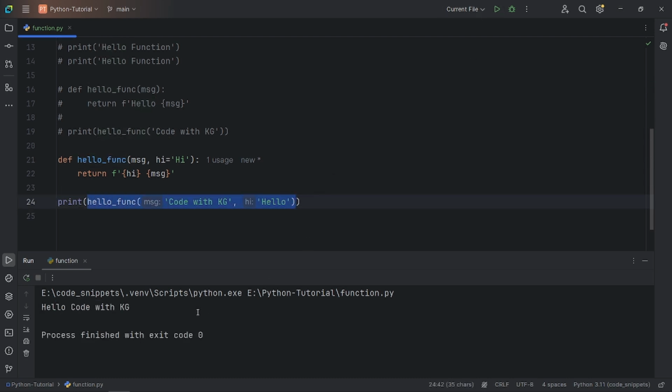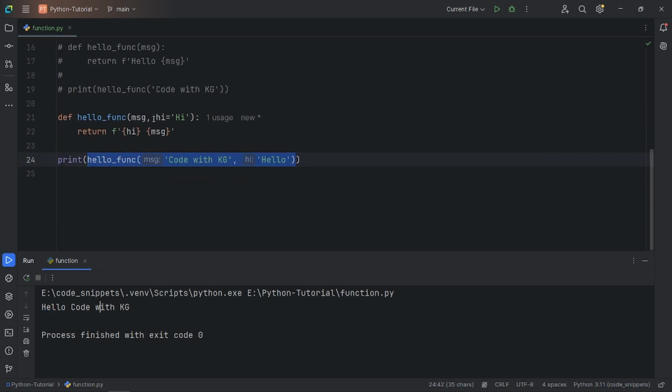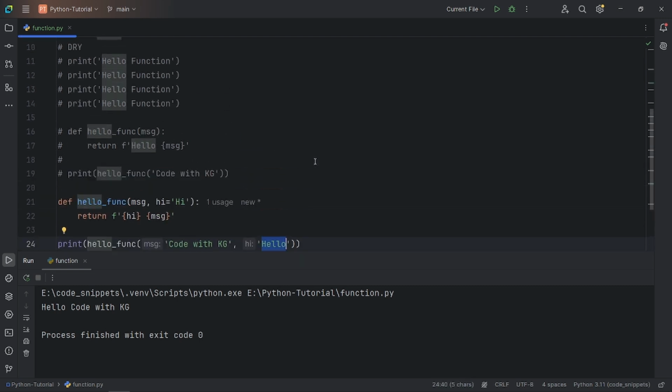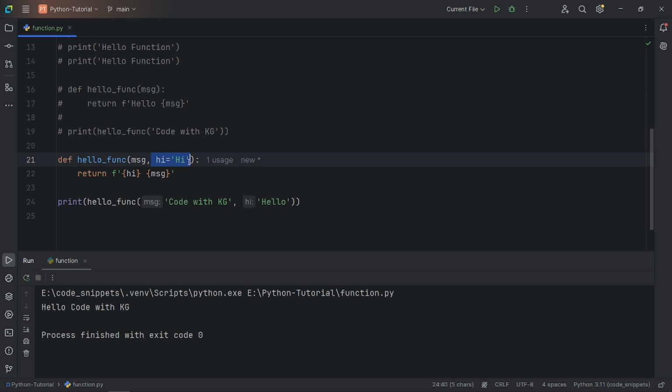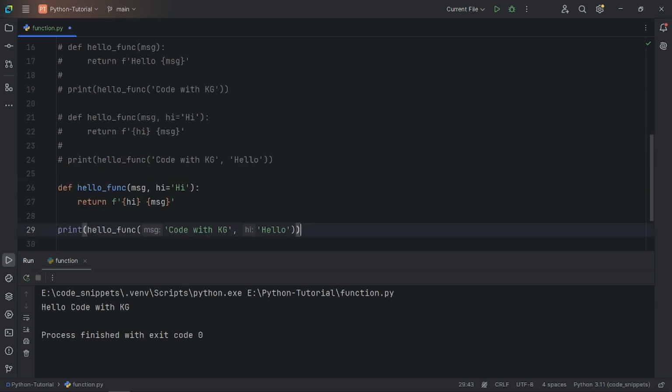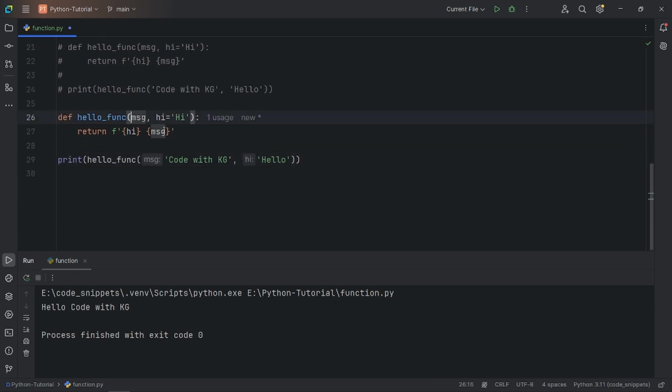So if I run this code, then it's printed hello code with kg. So it's overriding this hi default value when we pass the value from here. So in this way we can define some default argument in the function as well. But in some places you have seen it is written something like this one, a star args, okay, and after that